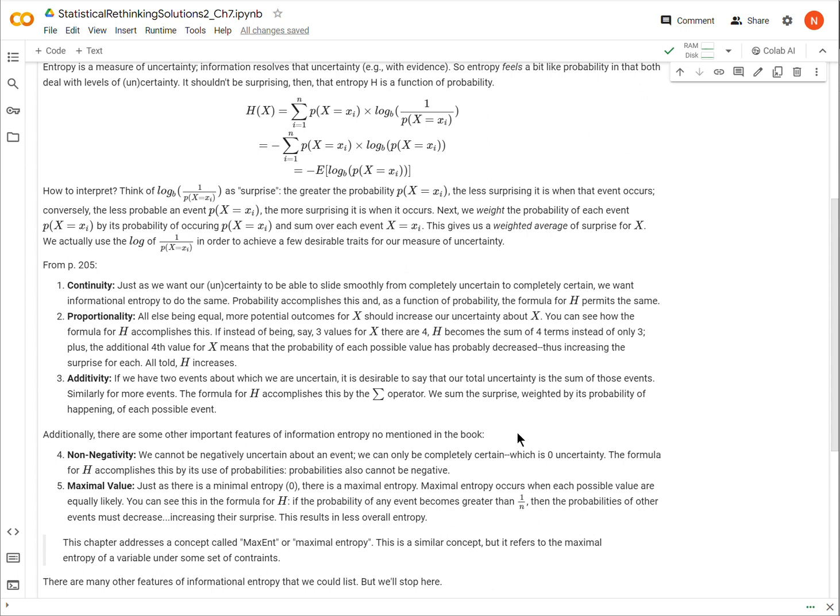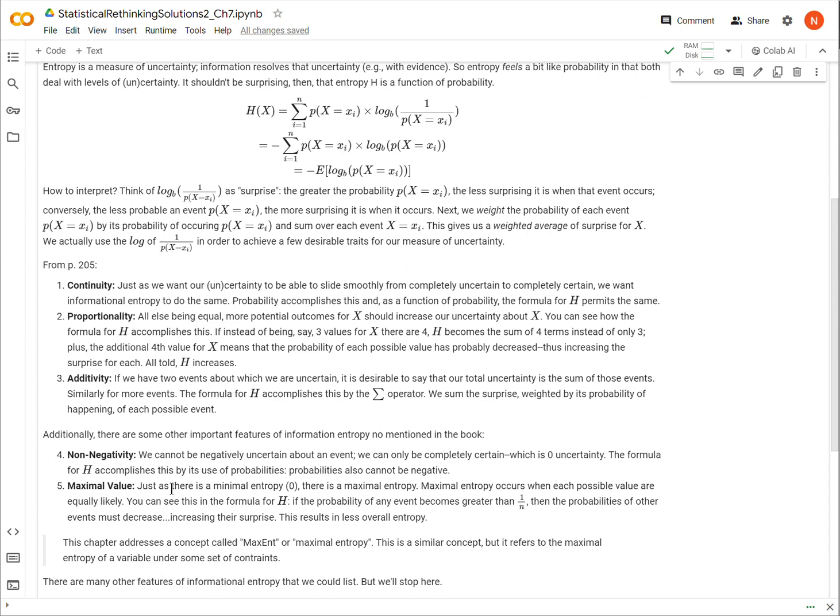All right. We accomplish that in a couple of different ways. One is because probability is a positive function; it doesn't go below zero, and also by adding logarithms. Logarithms are never below zero. Okay, so we can never go below zero. We can have zero uncertainty, zero entropy. Right, and that's when there's only one option for x to be, in which case it's not even a variable anymore, it's just a constant. Okay.